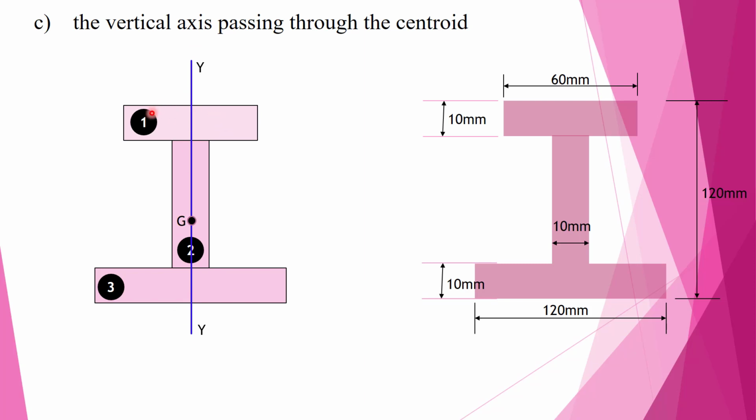So when you try to mark the centroid of the first rectangle, we can see that the CG will be lying on this vertical axis. Right? When you mark the centroid of the second rectangle, again you can see that it will be lying on this line itself. Similarly, the centroid of the third rectangular section also will be lying on the same vertical line. So G1 will be here, G2 will be somewhere here, and G3 also will be here. So here in this case, since the centroids of all the simple figures lie on the reference YY axis, we need not use the parallel axis theorem, right?